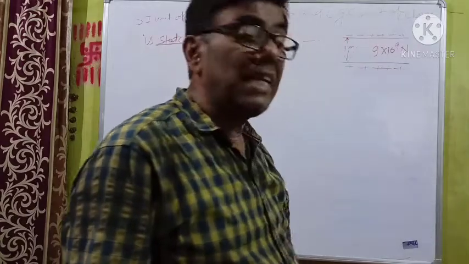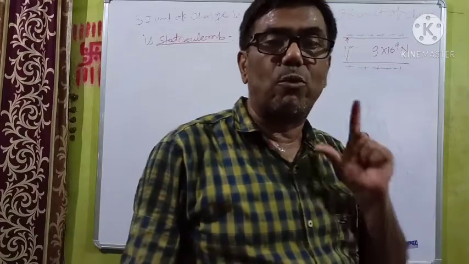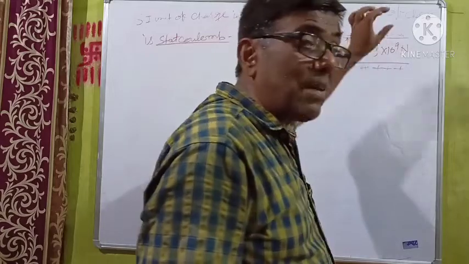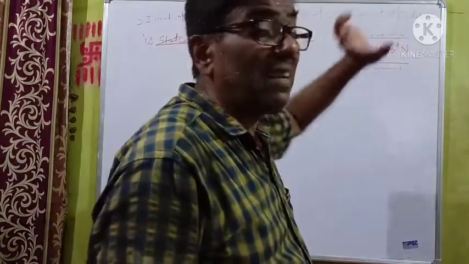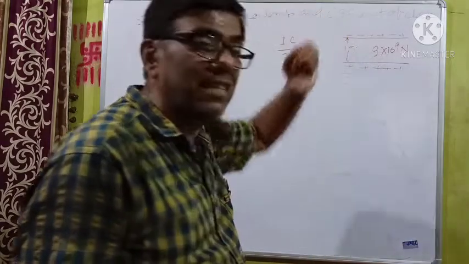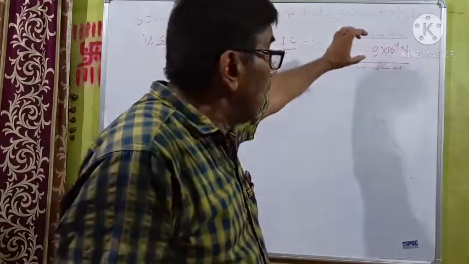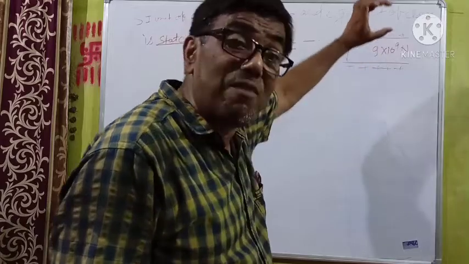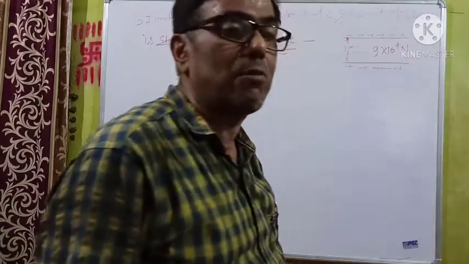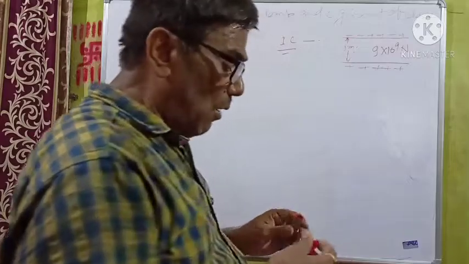If this force is 9 into 10 to power 9 Newton, then this charge is known as 1 coulomb of charge. Suppose one conductor has a positive charge and another conductor has a negative charge, separated from each other by a 1 meter distance in space, and 9 into 10 to power 9 Newton of attractive force is exerted. That is known as 1 coulomb of charge. Now we shall discuss